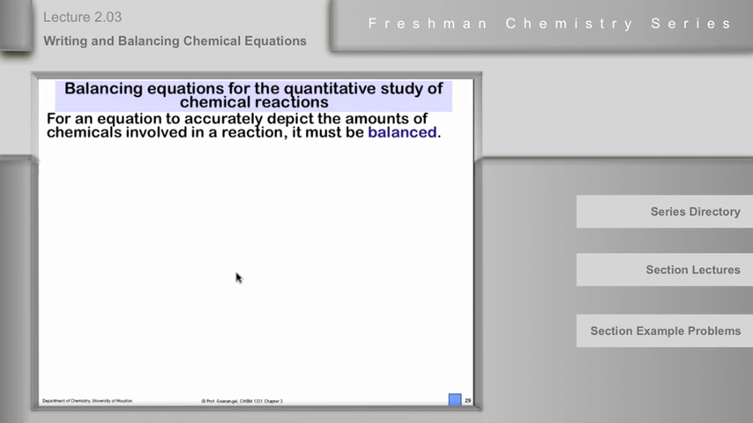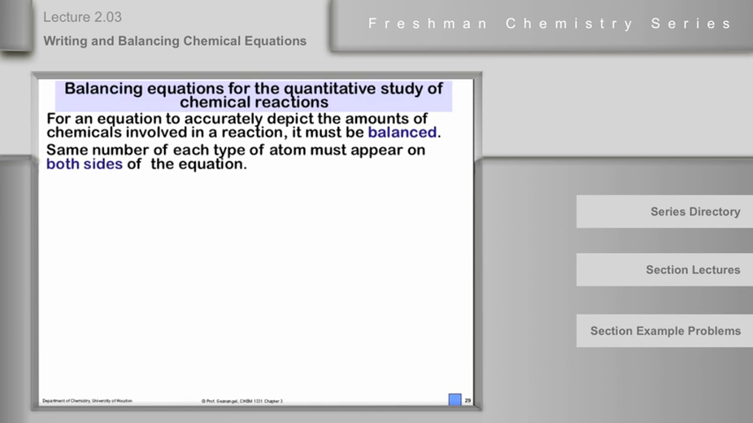In order to represent that chemical change, we use a chemical equation, and the chemical equation must be balanced. That is to say, the same number of each type of atom must appear on both sides of the equation. Okay? Reactions occur atom by atom, so none of these atoms are going to get lost. Whatever you've got to start with in the reaction, you're going to have at the end, unless we spilled some